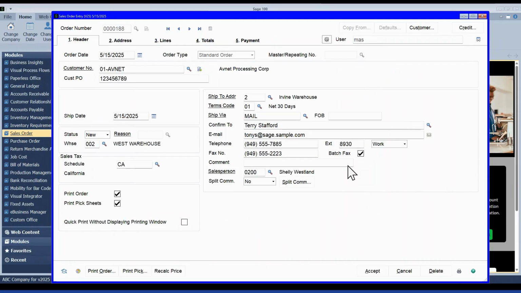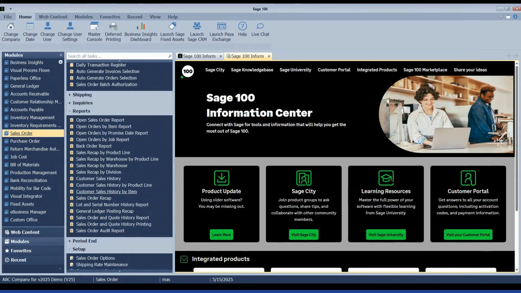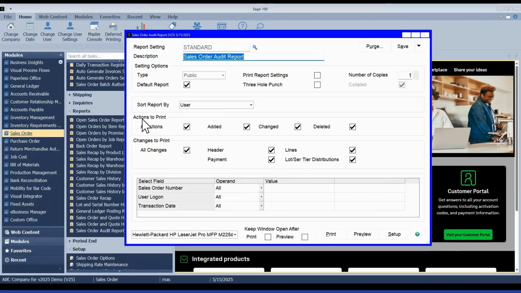The other way to look at that information is through an actual report that they have added down here under the sales order reports for sales order audit report. If you like looking at things more in a PDF. And we do have some sort options here, or some not sort values to select, so that I can kind of control maybe just what I'm interested in seeing.